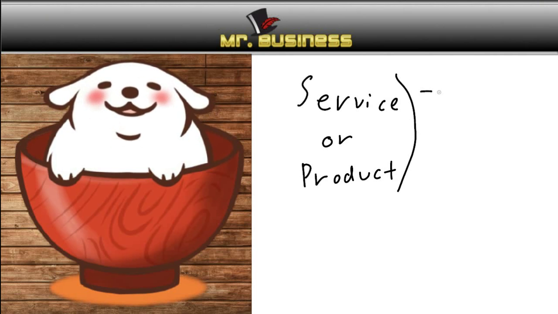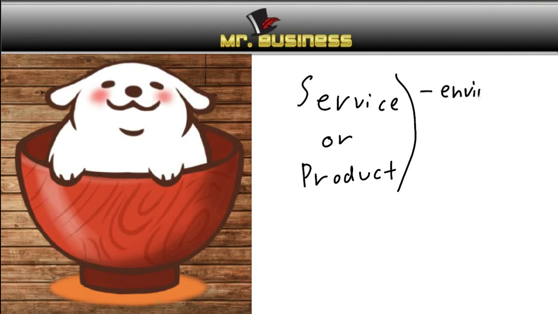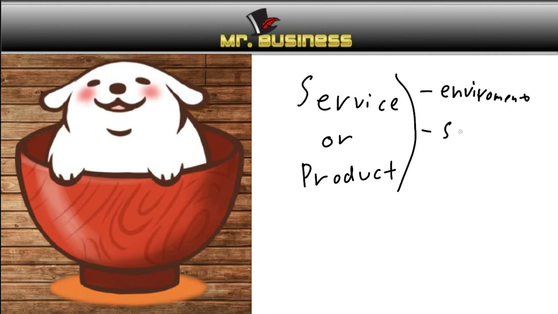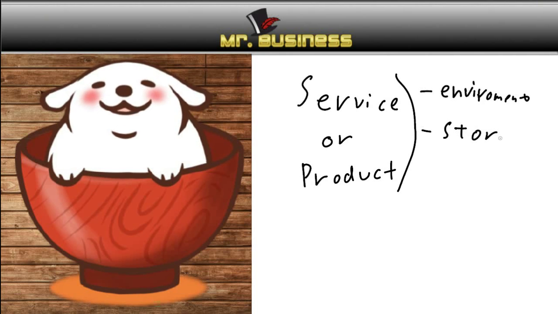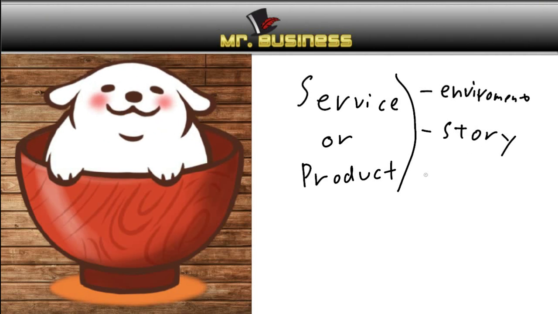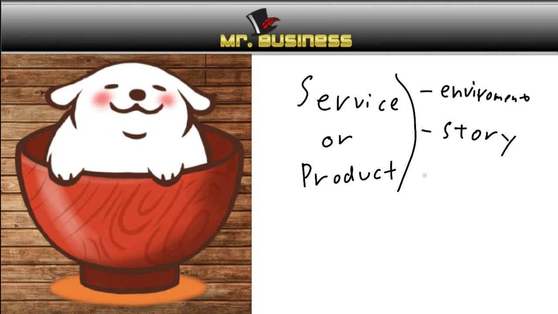So first thing I want to say is they want to see what the business environment is, okay? Environment. Okay, they want to see that. Also, okay, in addition, they want to know, is there a story behind it? Okay. For example, if you're selling shoes, you got a style that you started that no one else has. I mean, they need to know, is there a story behind the service or product you're doing? Is it going to be amazing for some reason that you have some backstory that's going to really go into your products?